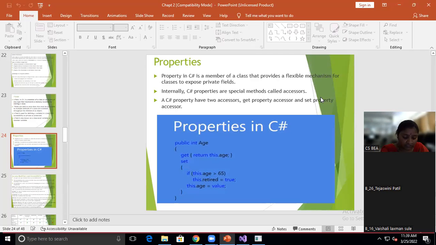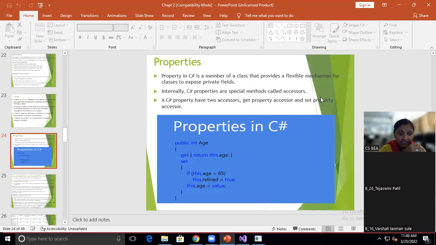Why are we considering the set and get methods in programming? Because for inserting values, we have some accessor, so that mechanism can be exposed to your private fields also. So in the example here I have shown you a public integer age is given. I need to get that and return this age. I need to get that return value. So from the user, if I want, I will take the get method and will set,